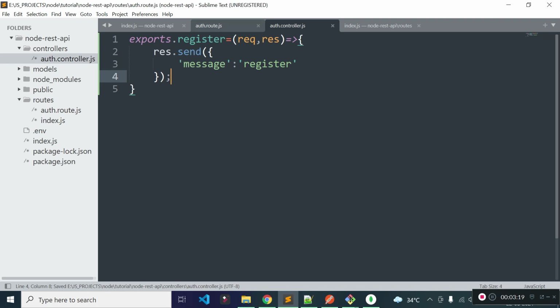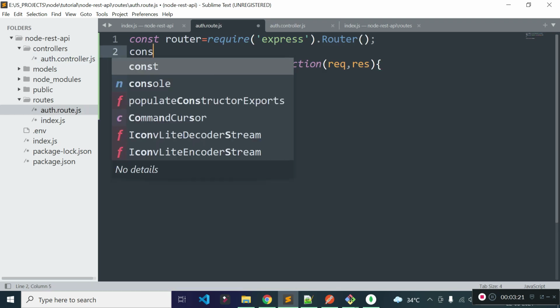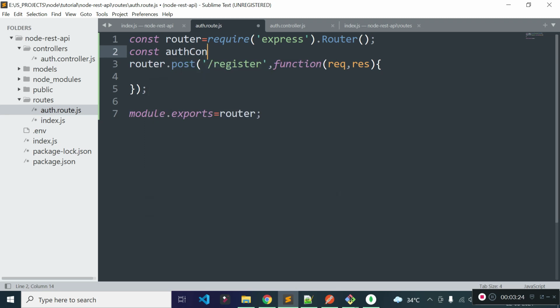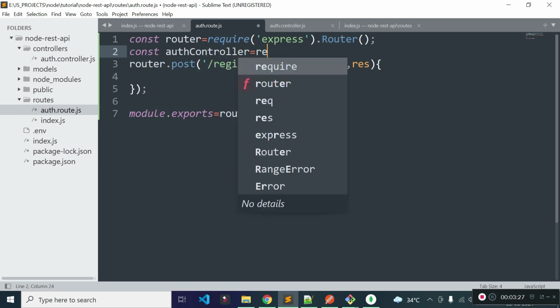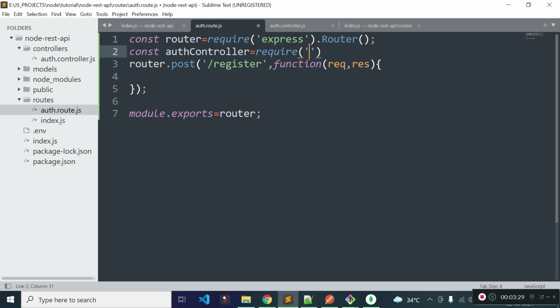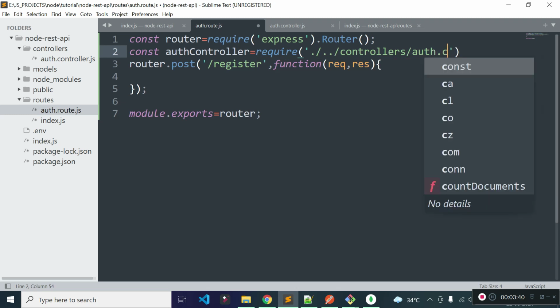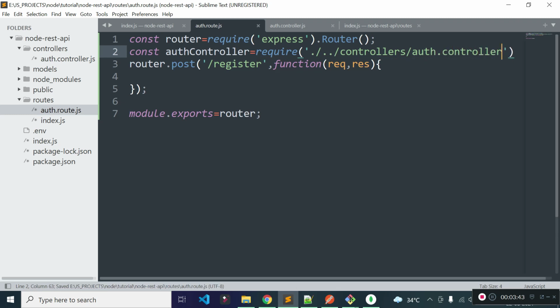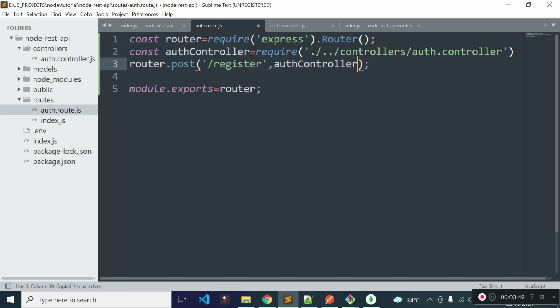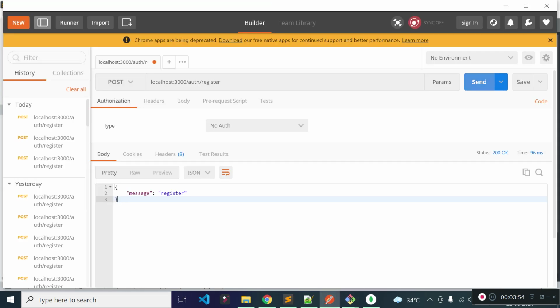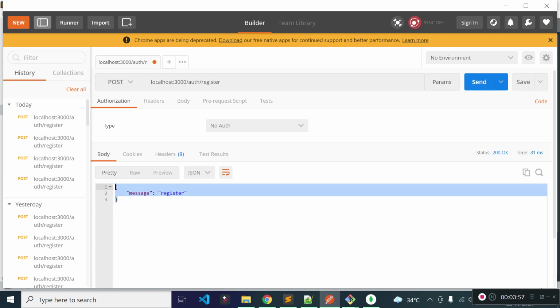And then I'll import our auth controller inside our auth route file. This will be our auth controller, inside our controllers folder. So we need to go back a directory. That's why I will provide slash dot dot here, and then our controllers folder, and then our auth.controller.js file. Okay, we do not need to provide .js. Now instead of this callback, I will call the auth controller's register method. Now let's test our endpoint again. You see, nothing is breaking. That means our controller successfully connected to our route.